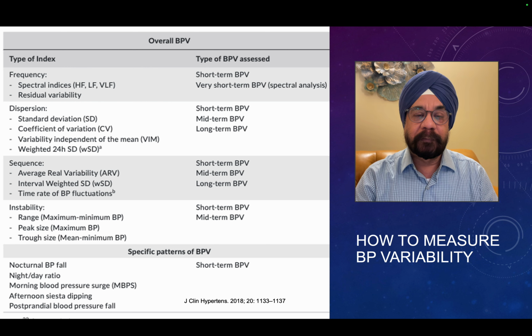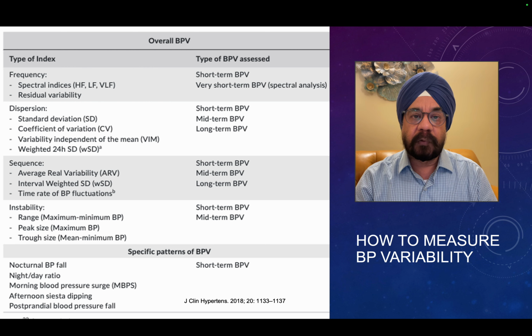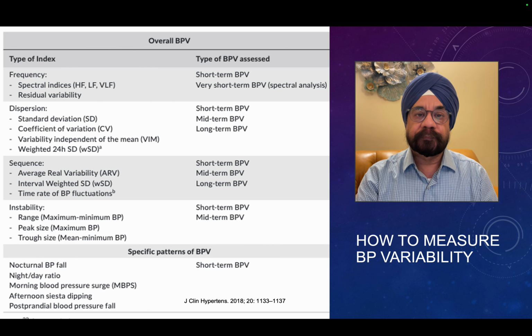Now the issue is, we've talked a lot about blood pressure variability, and how do we measure it? What is the cutoff limit? Unfortunately, as of today, we don't have a clear-cut cutoff limit of BP variability, whether you talk of beat to beat, diurnal, or seasonal variability. We use various parameters, and that's how we learned it from the various trials done. And they used standard deviation or a lot of other statistical methods to take into account the BP variability.